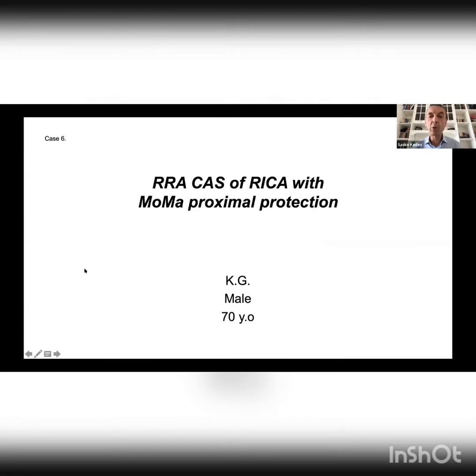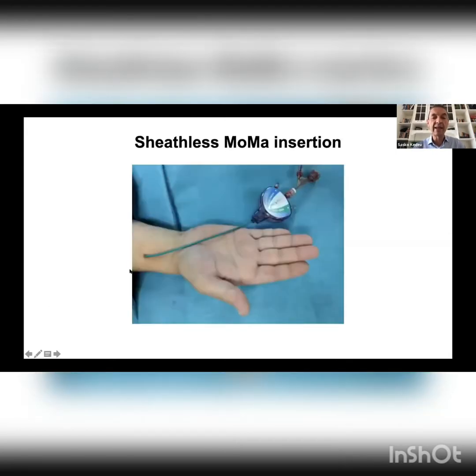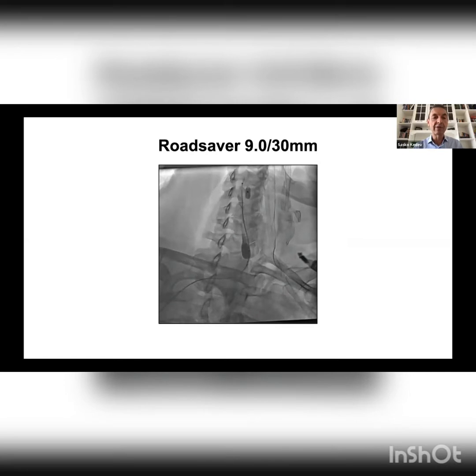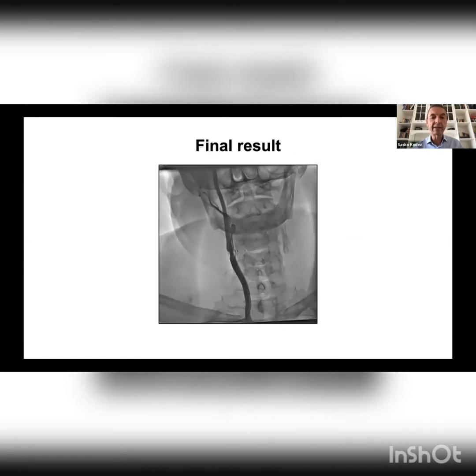What about large bore devices? One of the most important disadvantages of radial access is that we cannot use it for large bore devices. We know that MoMA is at least an 8 French device, and that's why we developed this technique of sheathless MoMA insertion. It means you need an 8 French introducer, and it is 8 French compatible. But when you use it as a sheathless system, then it is much lower in size in comparison to the radial artery. So we have an endovascular clamping, advancement of a stent, and this is the final result in this